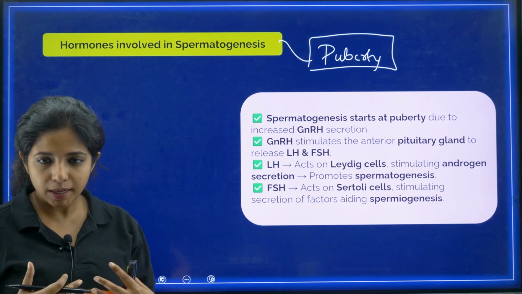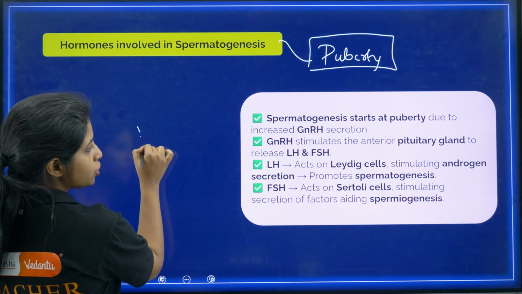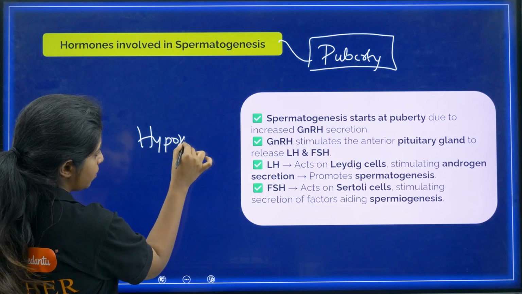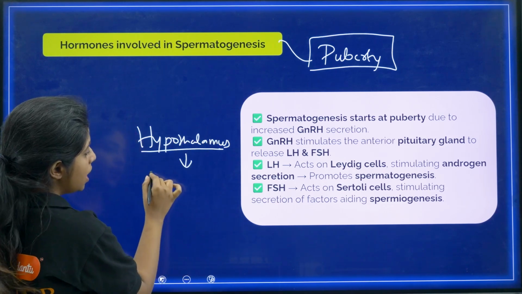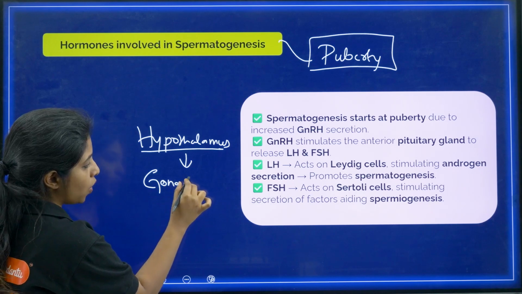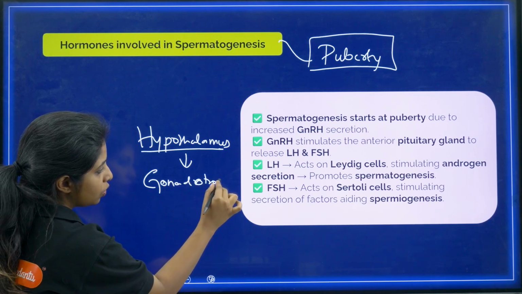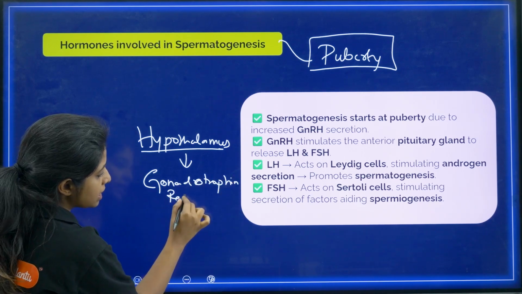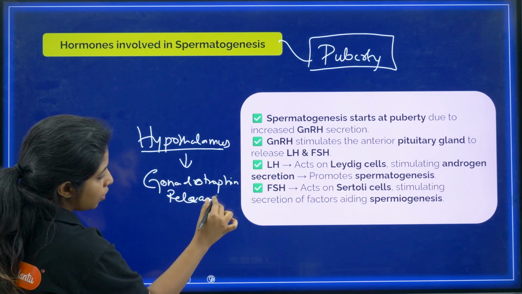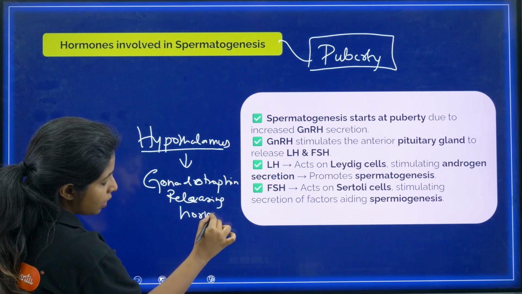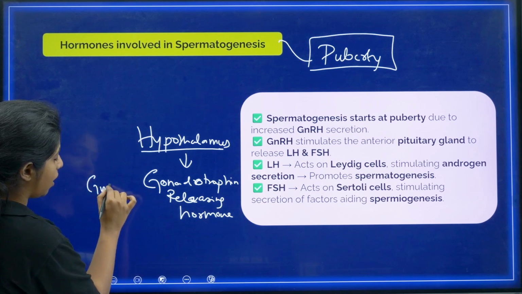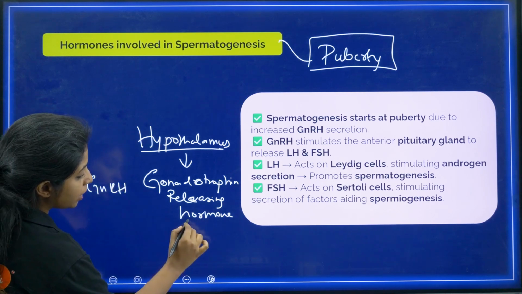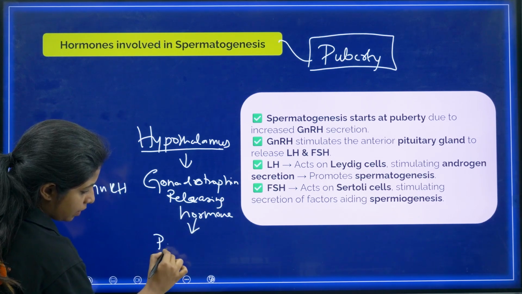In their body, the hypothalamus, which is in our brain, okay, is going to release a hormone known as gonadotropin releasing hormone. Now this gonadotropin releasing hormone, which you also call GnRH, is going to tell the pituitary gland